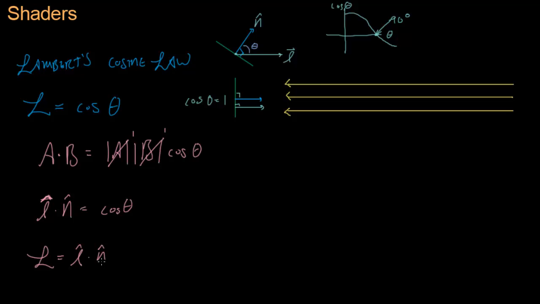So now there's one remaining problem, and that is that this normal vector n is actually in the local space of the object when we get it from the video card, whereas this L right here is in the global space. So we have to either transform L to be in local space of the object or N to be in global space of the object. And as it turns out, it's much easier to transform N to be in the global space than it is for L, because if we wanted to transform L into the local space, then we would have to invert a